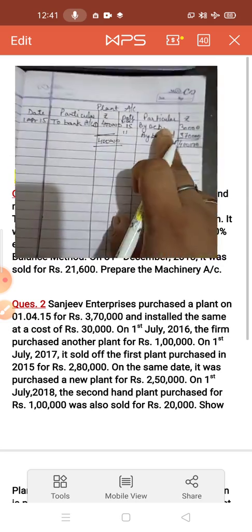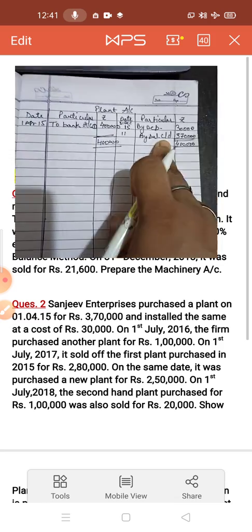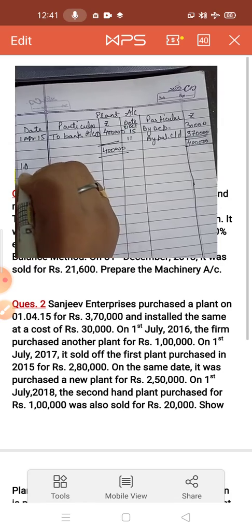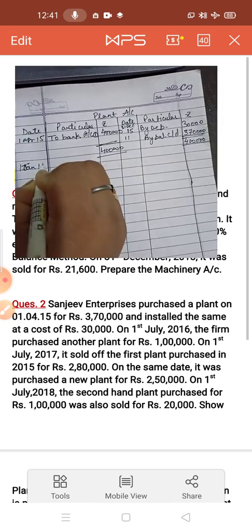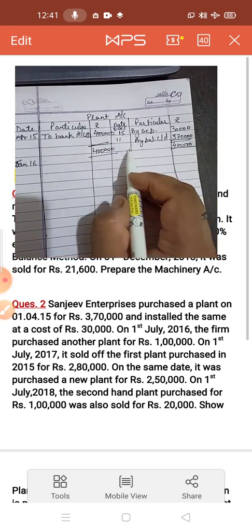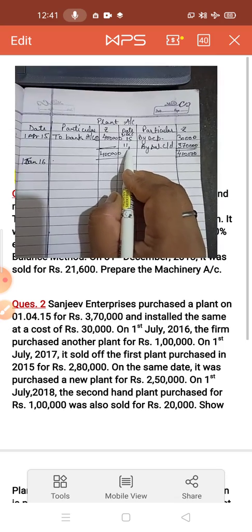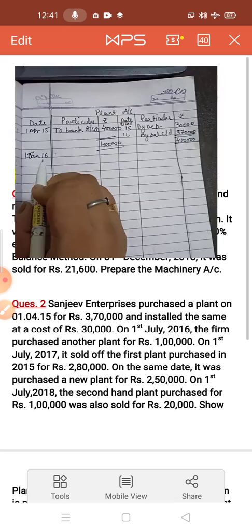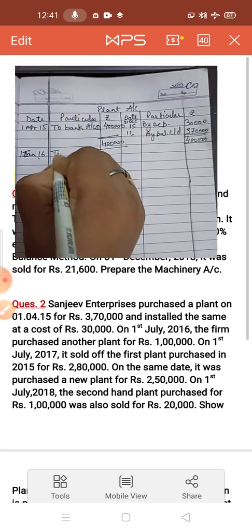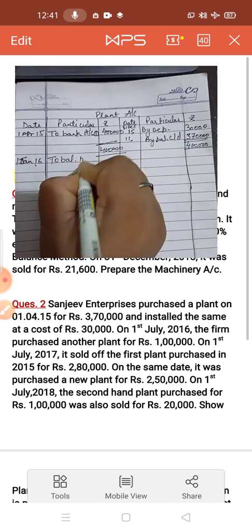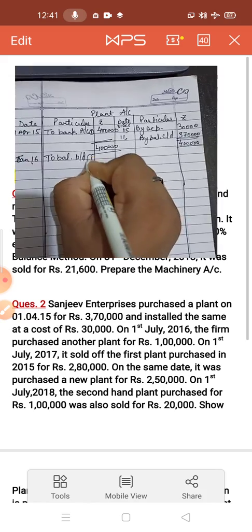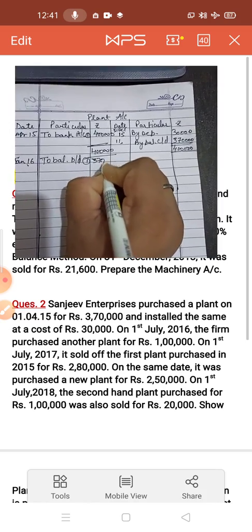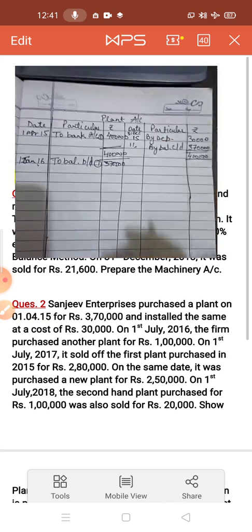Okay, now this balance CD you have to transfer to the other side on 1st January 2016, because the balance CD on 31st December, so it is opening on 1st January 2016. To balance brought down. Number 1, it is the first balance of the first machinery, 3,70,000. Now see the year